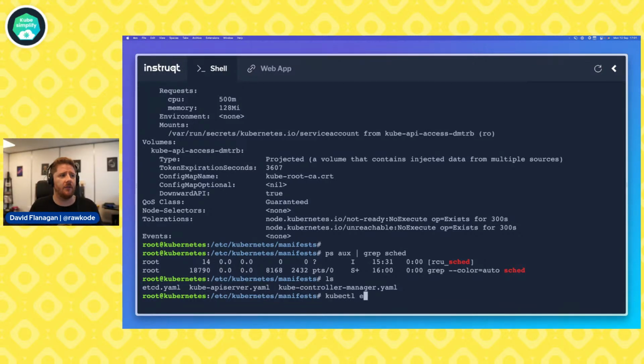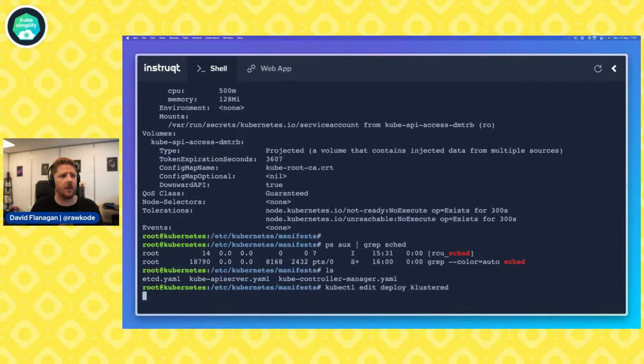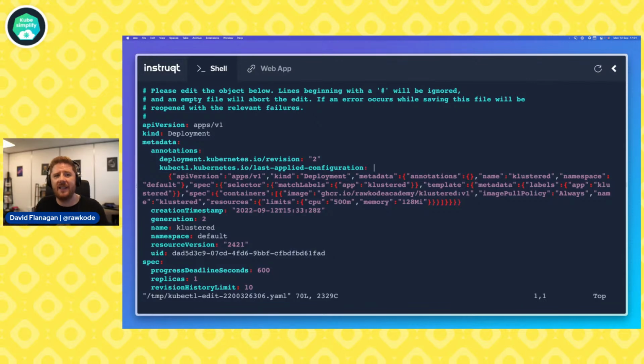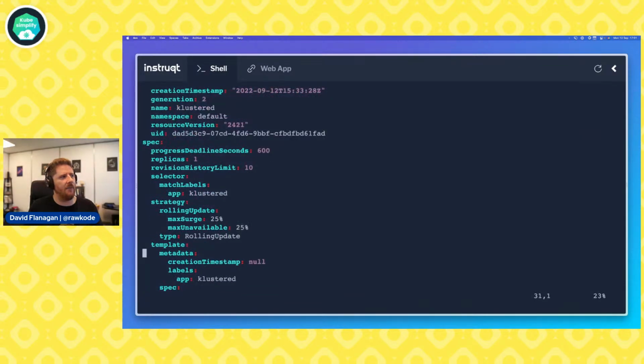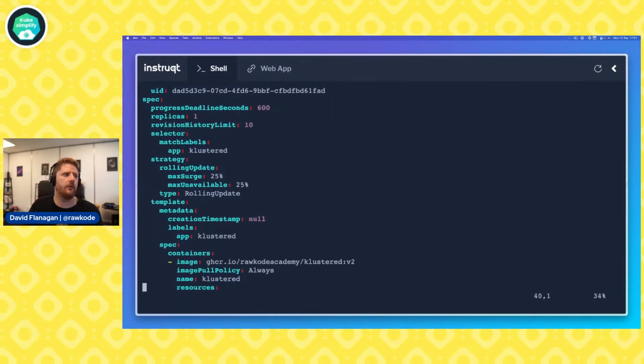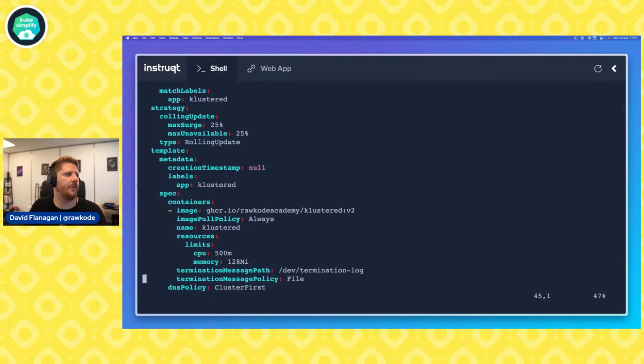So in order to bypass the scheduler, we're going to edit our deployment. You don't need a scheduler in some situations when things are broken and you just want to get them working. We're going to modify our deployment spec to force this pod onto a new machine. We have the deployment spec, which has a template. This template describes all pods that will be created as a result of this deployment. And pods have a spec too, which lists all of the containers and probes and policies, etc.